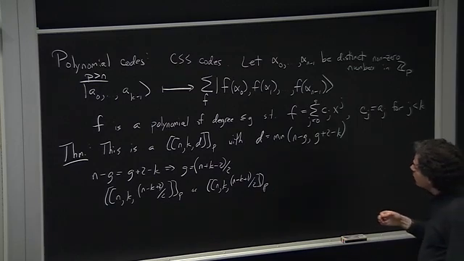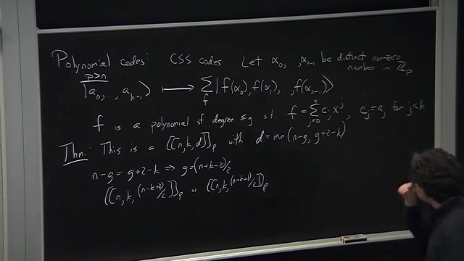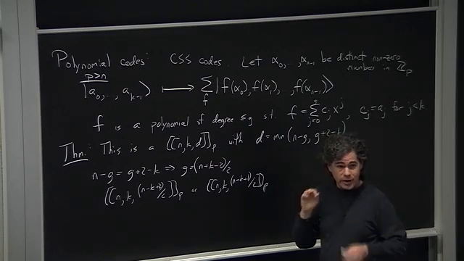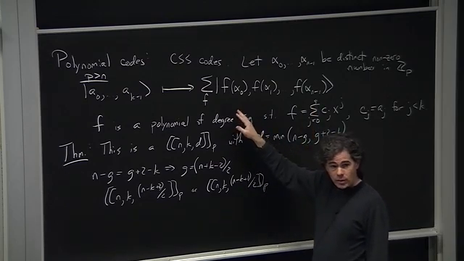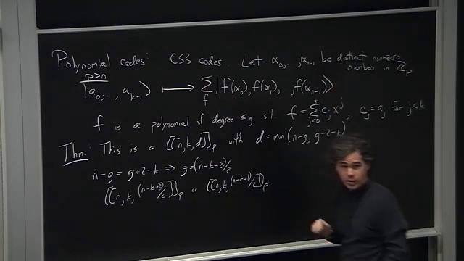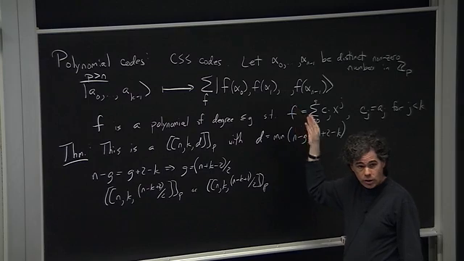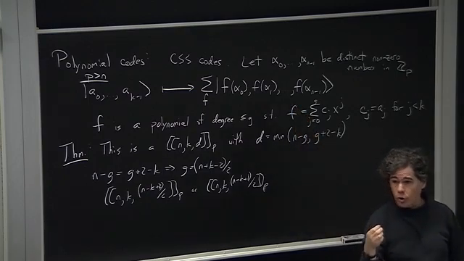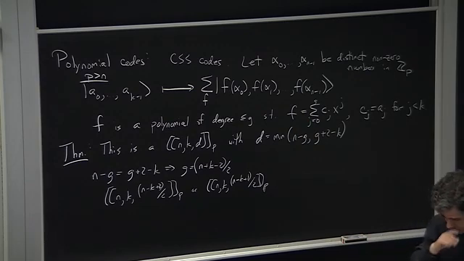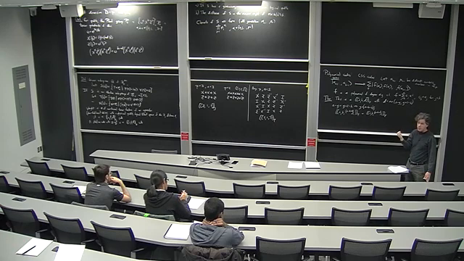And so let's think about how good this is as an error correcting code. So if you remember, it's this CSS construction. We're taking a superposition over elements of some classical code, which is what you get if you ignore the sum and the ket. So you have this classical code consisting of different polynomials evaluated at these points. And so how good a code is that classical code? Well, it's actually very good at correcting erasure errors, because a polynomial of degree g is completely determined by its value at g plus 1 different points,